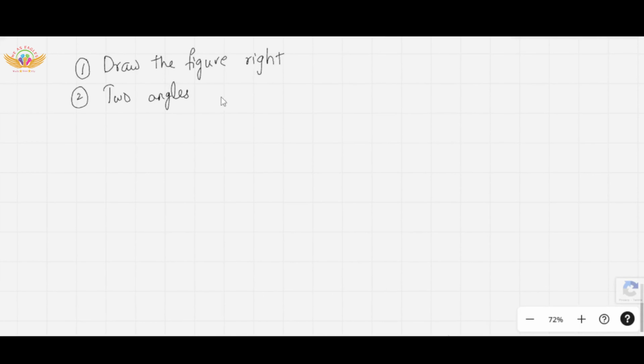If they want some height of the tower or width of the river, mostly they'll give you two angles. If two angles are given, you will do two different solutions, and then equate both equations which have come from the two solutions,